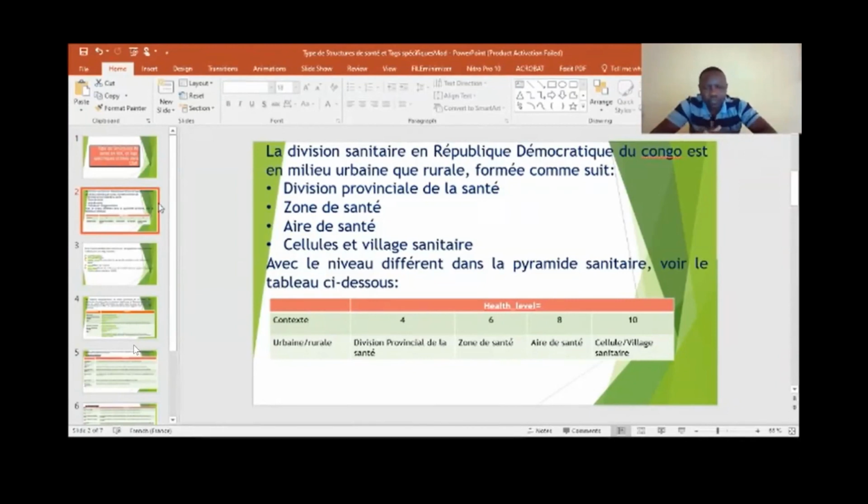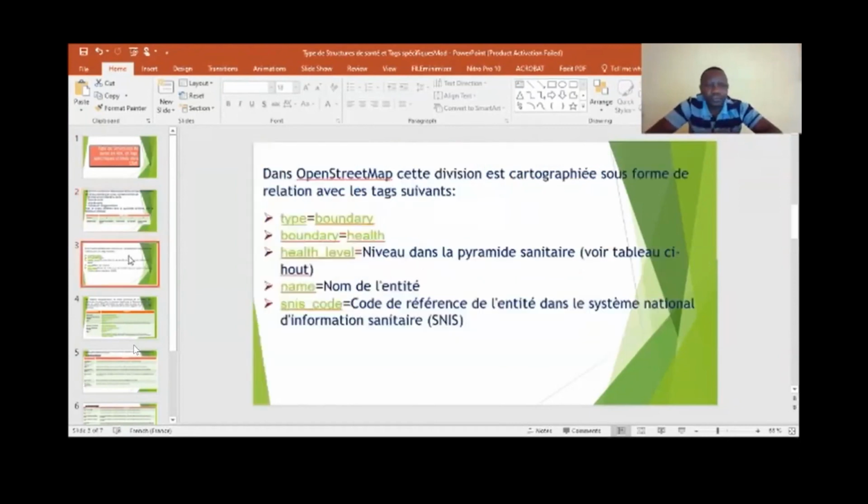In the DRC, we have identified 4 different levels in the health administration. In this context, tags were identified also to cover health catchment areas, such as health zones, health areas, and health cells or